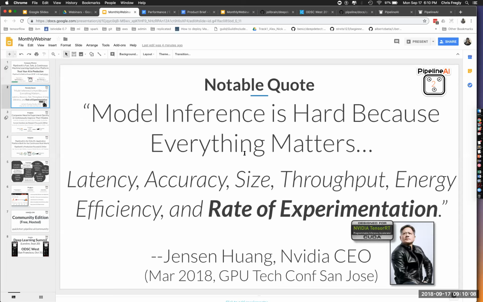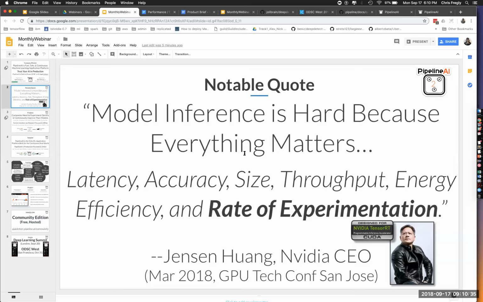Also, there's this notable quote. This actually came out earlier this year, and we're capturing this and highlighting it as part of the company mission, which is model inference is hard, right? That's a common statement, but we're also backing it up, and this comes from the CEO of NVIDIA. They're tripling, quadrupling down on the inference side of machine learning versus the training side.